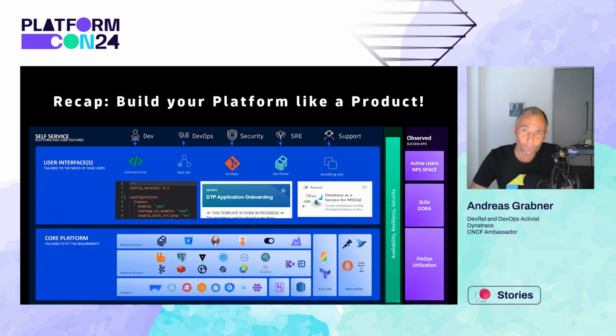So to conclude, build your platform like a product. And if you do so, make sure that you observe every component of your product, whether it's your Git system, your CI, your CD, your container registry, your security scanning tool, everything that is part of your platform. You need to make sure that you are, I always say, treating it with the same observability respect as you treat your most business critical application. And the platform is going to become your most business critical application. So monitor and observe everything.